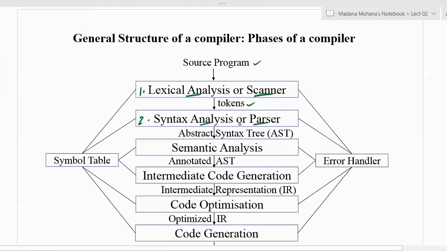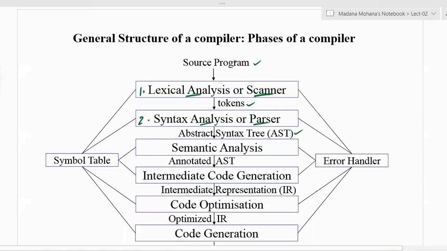Then the second phase of compiler is called syntax analysis or parser, which takes tokens as input, then produces the output in the form of a tree structure, that is nothing but a hierarchical form. That tree structure is called an abstract syntax tree, abbreviated as AST.